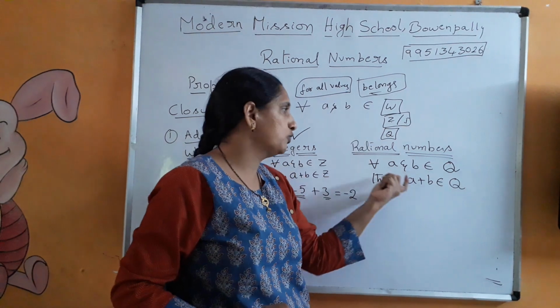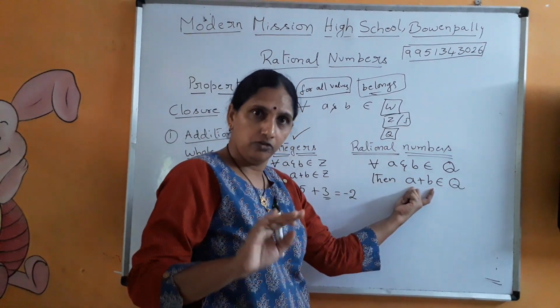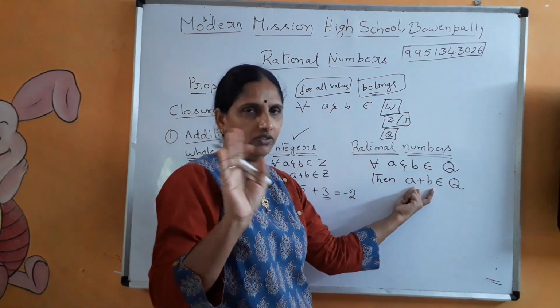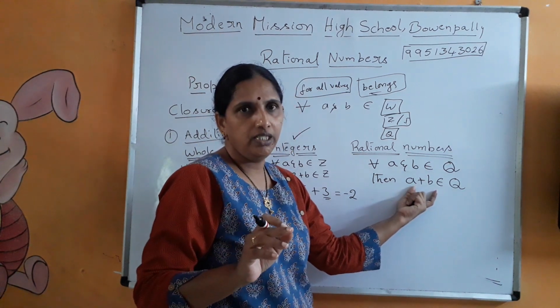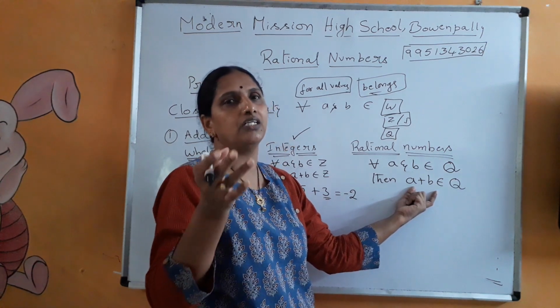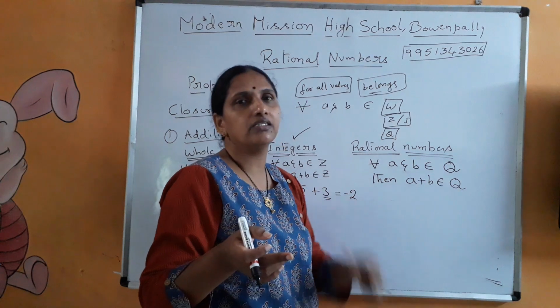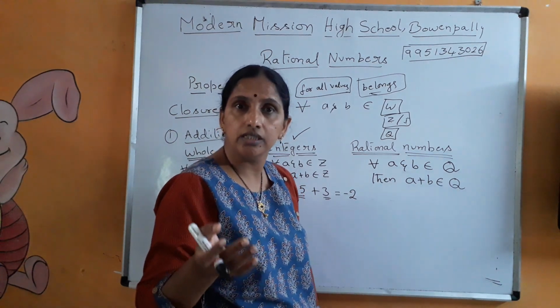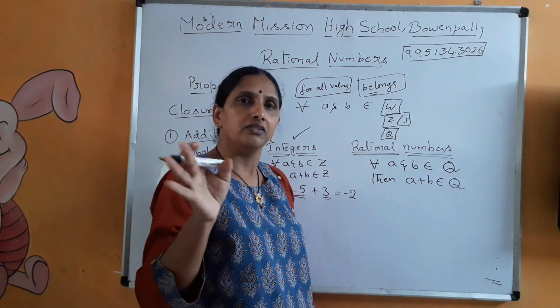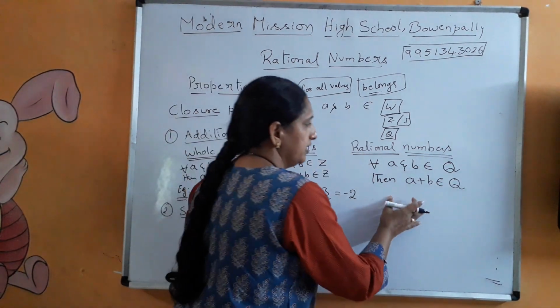Now let us take two rational numbers. Those who can, you can just pause the video. There is no need for you to listen to me. Take out your notebook, take any two rational numbers and start doing the summation. That means adding them and then see whether the result is going to be a rational number or not. Then you can come to your conclusion, right? Those who need my help can look here.